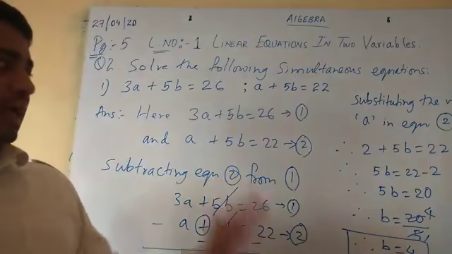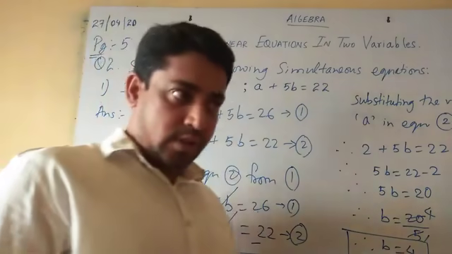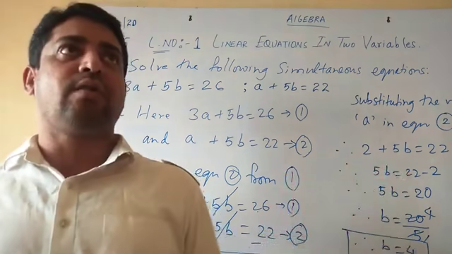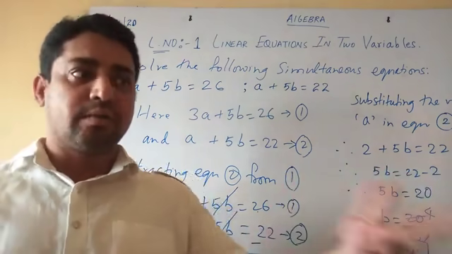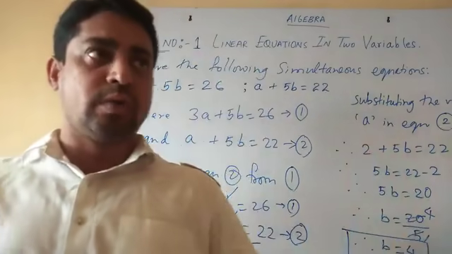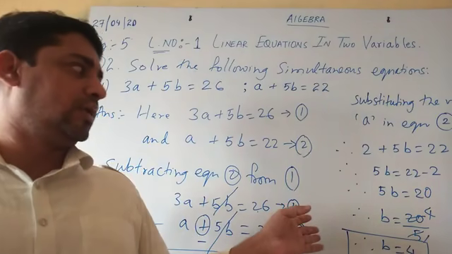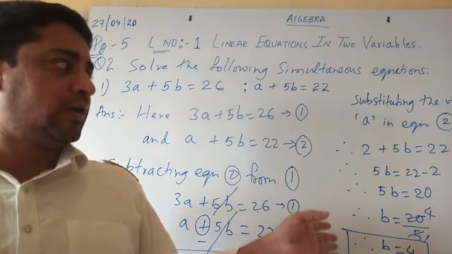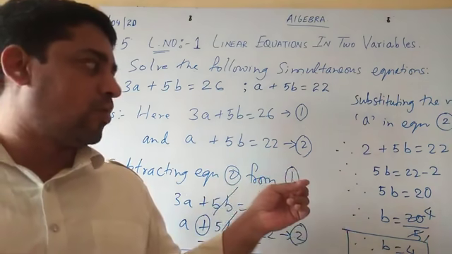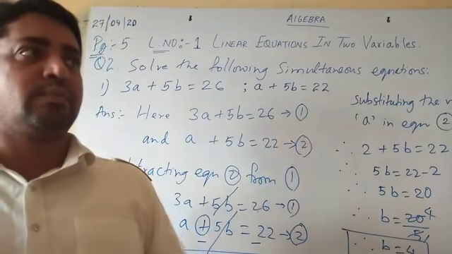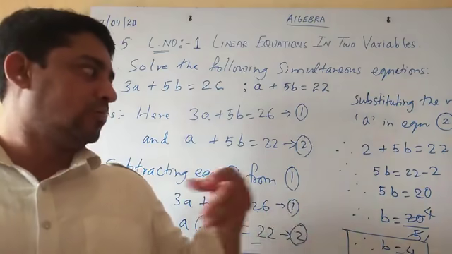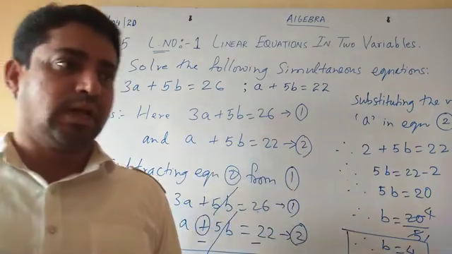Before I proceed, last year I have done this method. This year we have 2 more methods. The second method is the graphical method, which will be your next exercise. The third method is Cramer's rule. Those 2 methods are new for you. This one you have done last year, so you might have understood this. This method is more important. Why? Because the last exercise problems you will be solving by this method only. You can solve by Cramer's method also, but this will be a better option because it is easy and quick to do. Is it clear? Yes.